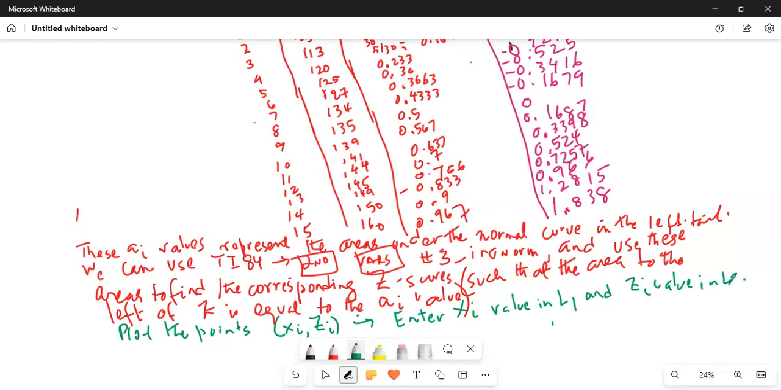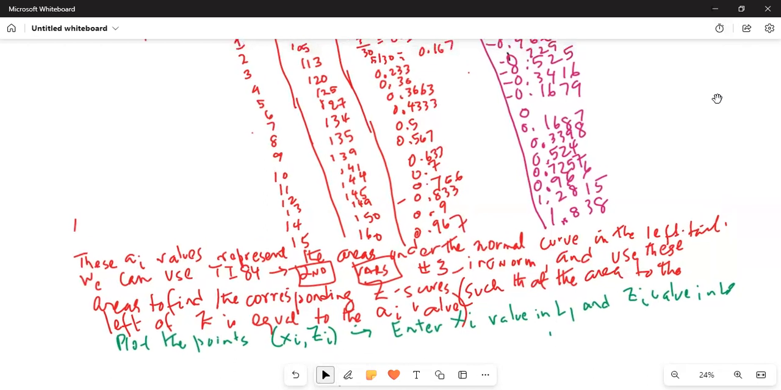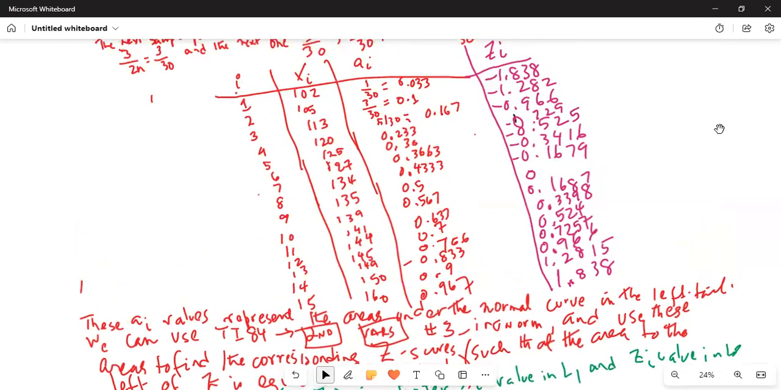Okay, let's do that. So let me take my calculator. Let me move a little bit up. So first I will enter the xi values in the calculator. First I will clear the memories of the calculator. Second, plus button, then 4, clear all list, done. Then stat 1. In L1, you enter 102, 105,